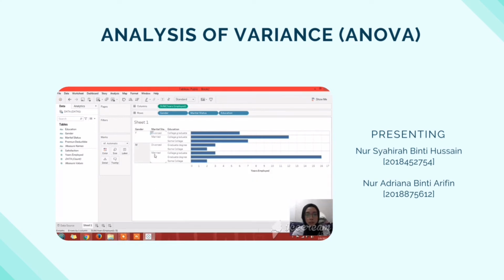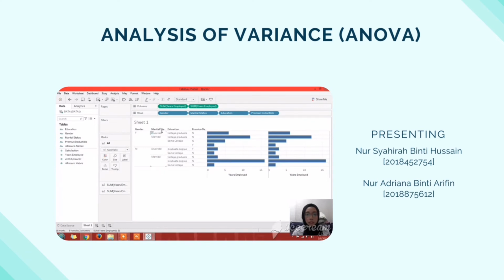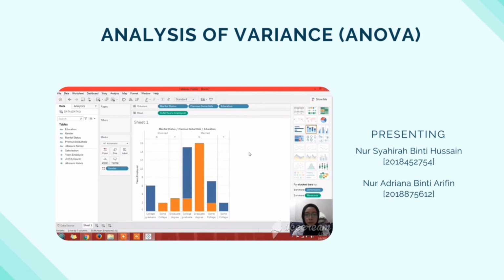Okay. Next we need to find the sum. Yes, and we click yes and employ in column. Okay, and then for row, we choose premium deductible. Okay, as we can see, we are adding the sum of years employed and premium deductible. Okay, so I'm going to pick the suitable chart. Okay, so as we can see,